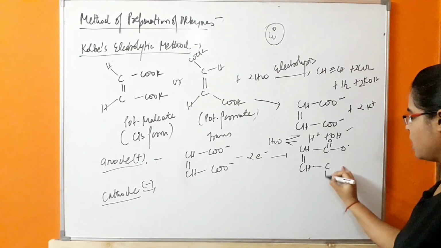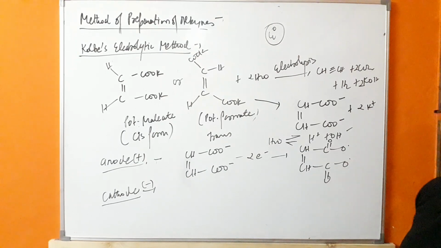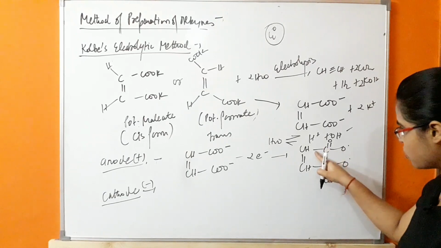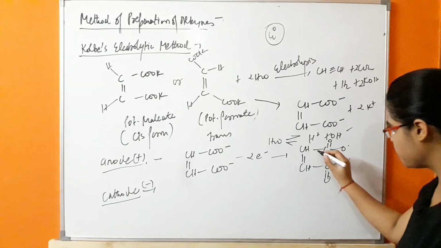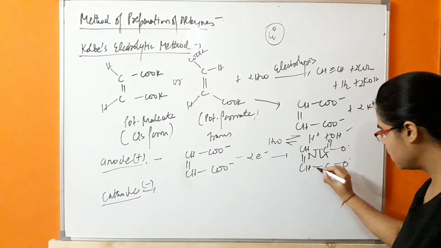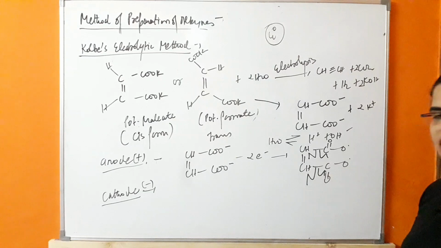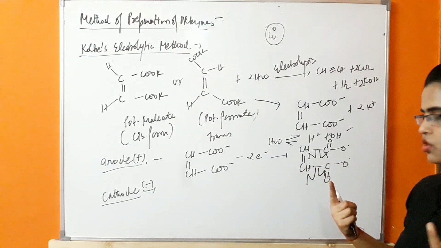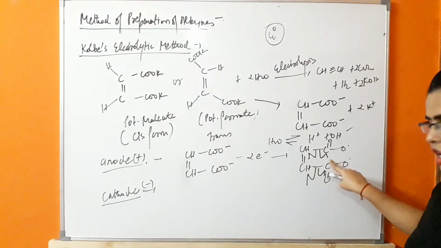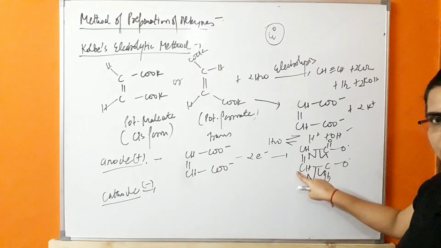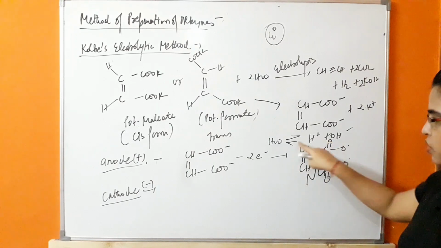So there will be an odd electron on each oxygen, due to which homolytic fission will be initiated. So this carbon-carbon bond will also undergo homolytic fission, due to which each carbon will take away one electron of the shared pair. Because of that, in this carbon there will be an odd electron, and in this carbon there will be an odd electron, similarly in both the carbons.